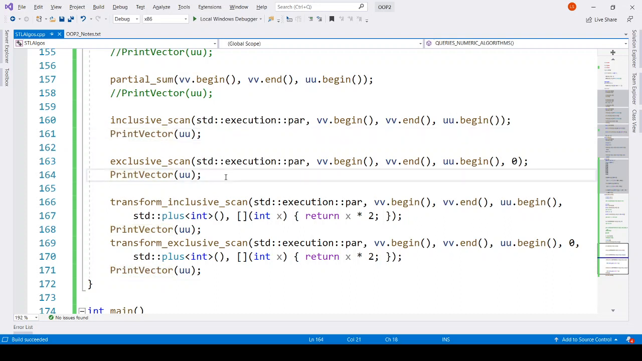So we can see that the numerical algorithms can help us in many algorithms, many problems. We can quickly calculate the required data in the collection or modify the collection as we want and solve our programs. So it is good to know about these different algorithms in the numeric